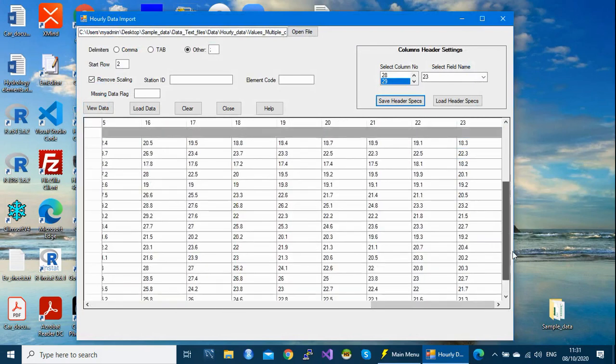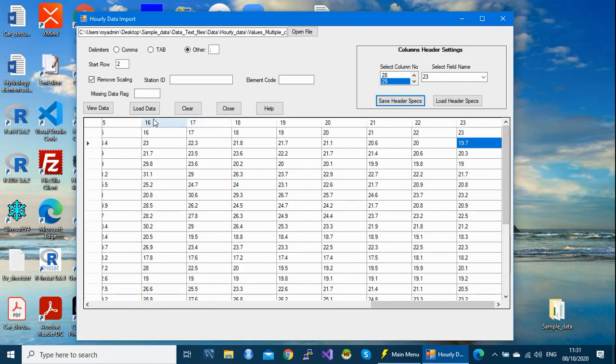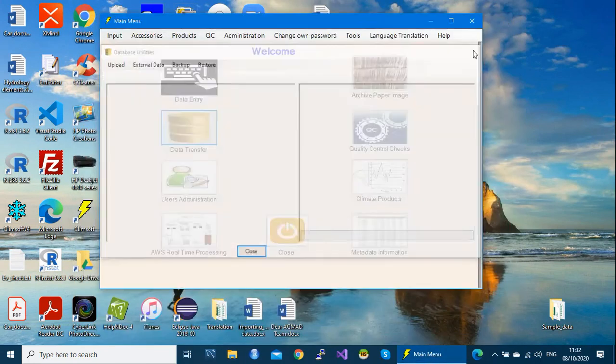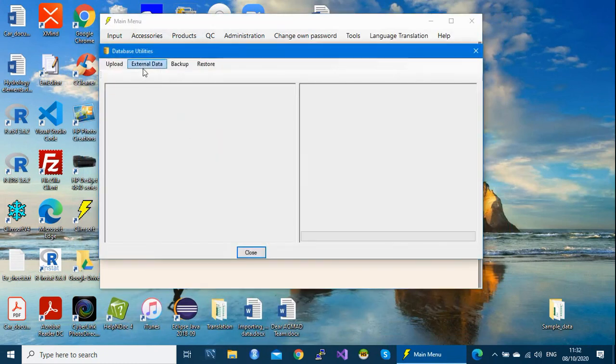What we need to do is to click on the load. But let's see how we load our headers. Let's assume we are going to import another file, and we have our headers saved somewhere. So we close, go to data transfer, external.